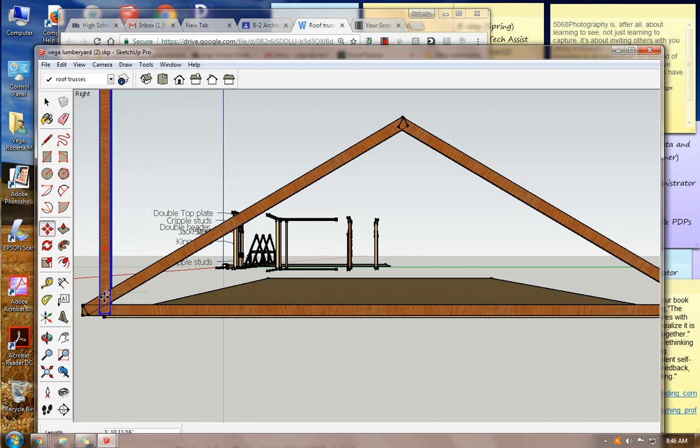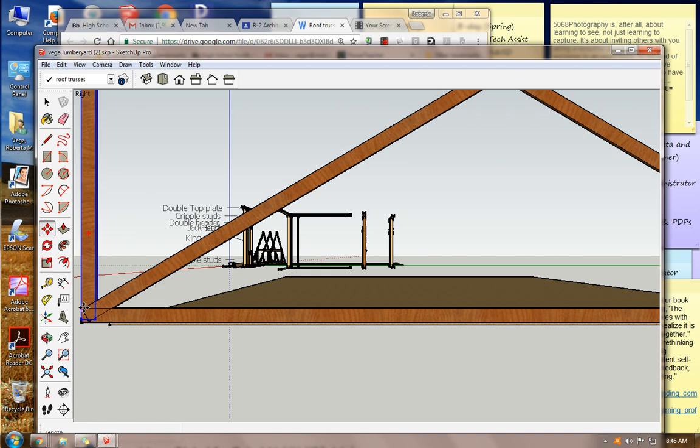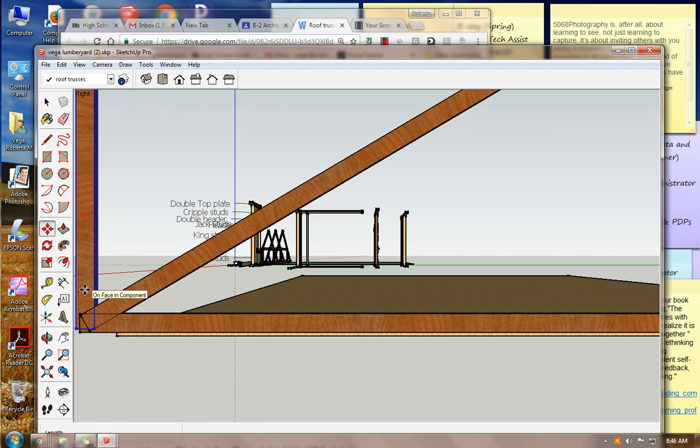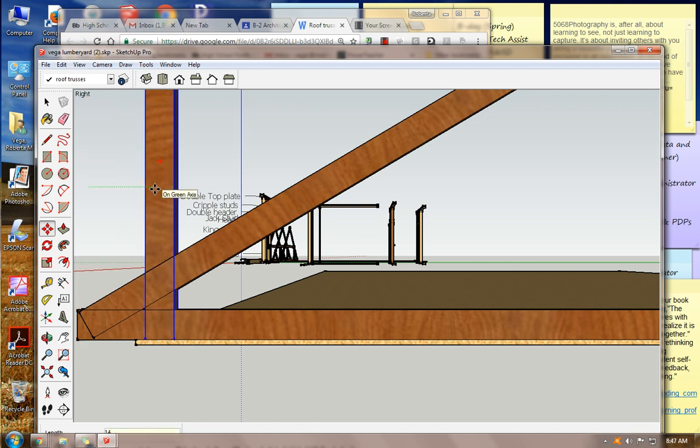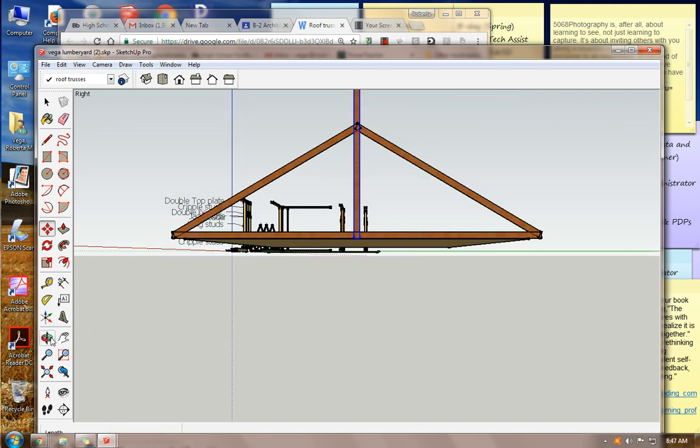I know that my base is 30 feet long, and I know that this board is 6 inches wide. So 15 feet would be half of my board. 15 feet minus 3 inches would be 14 feet 9 inches. So I'm going to move this over. Type in 14 feet 9 inches, no comma. I have a board that's in my center,